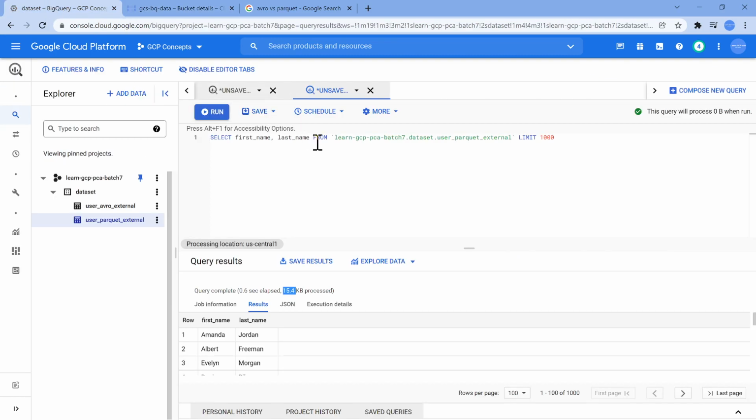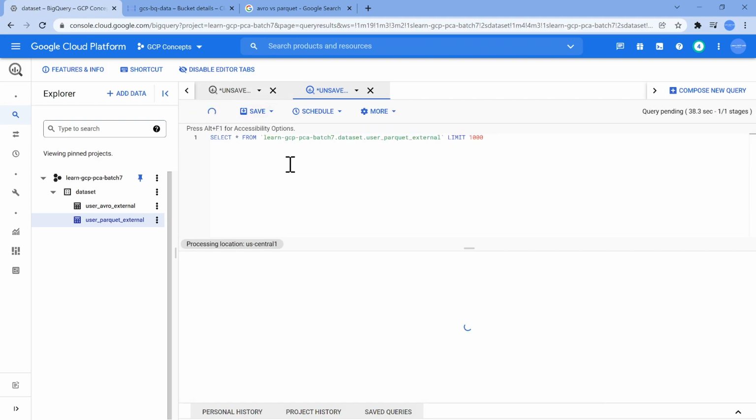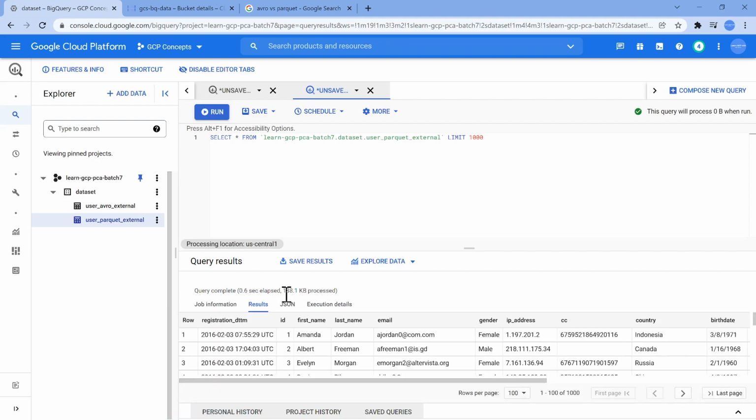So now if I come back here, if I put select star, the complete thing, only then is it going to scan the entire file, the entire columns. So if I do a star in my Parquet format, you should be able to see 138.